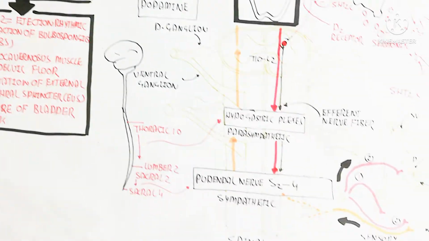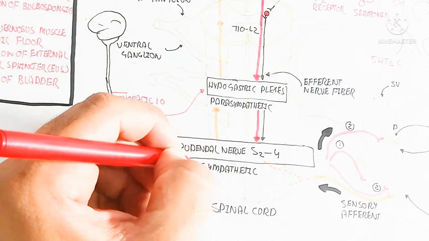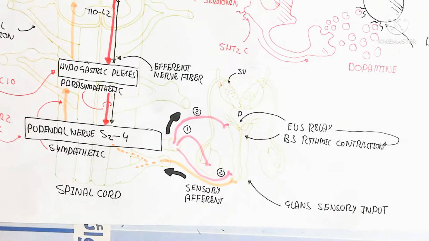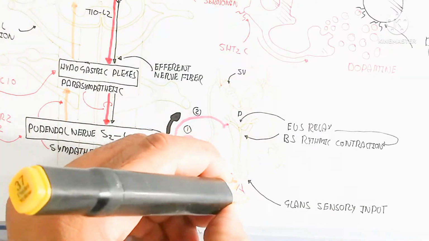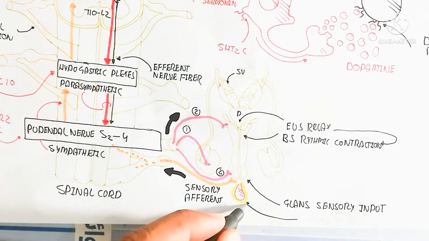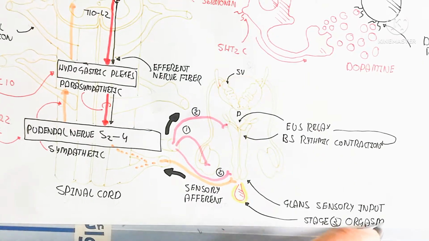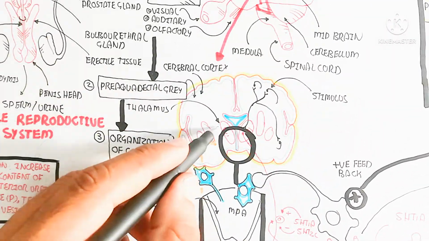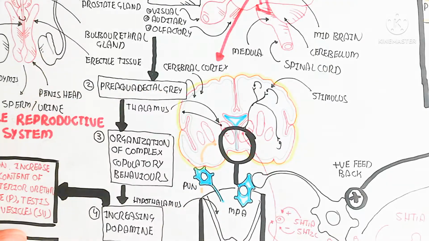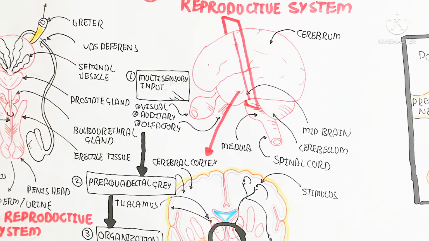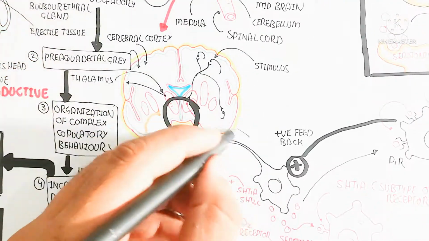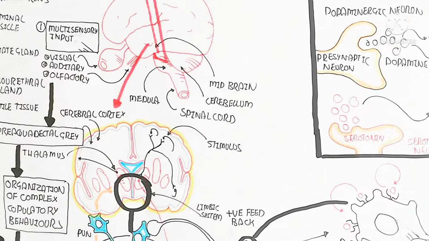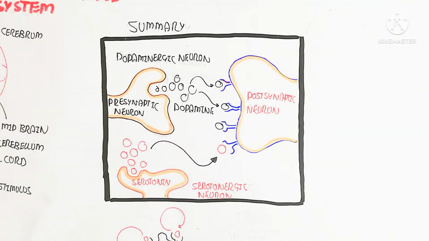So anyhow, if you need to understand, this is sacral 2 to 4, where the pudendal nerve is involved. After the pudendal nerve, the sympathetic fiber will travel toward the penis, toward the reproductive system, for relaxation and ejaculation. So stage 4 is the orgasm. This orgasmic activity is due to the sympathetic nervous system, while this is the thalamus, which is the central relay center. So this is the limbic system involved in sexual pleasure after the dopamine is released, and you feel the pleasure after